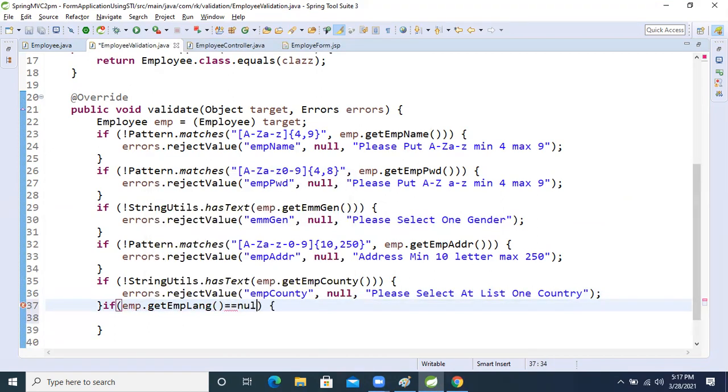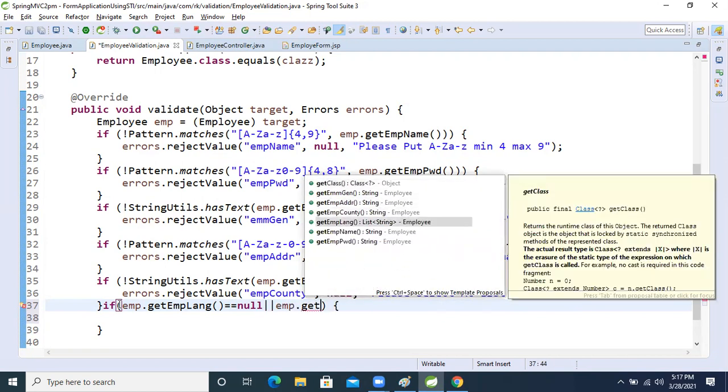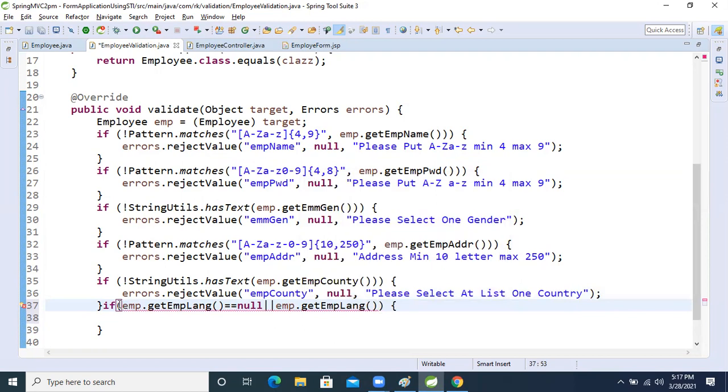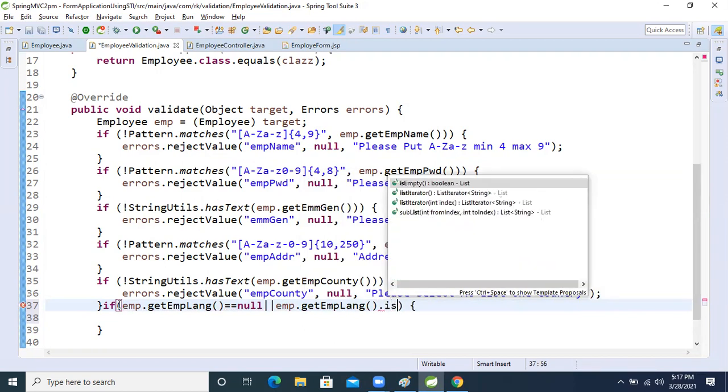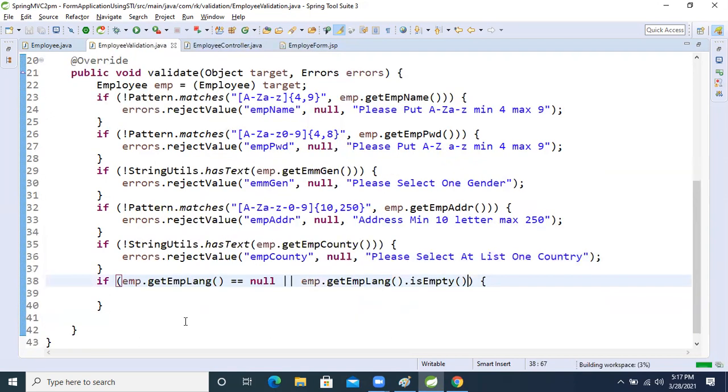Equal to null, or emp dot get language dot is empty, the method in the string class, we know that. If empty is there, if we are not selecting, then what will we do now? Error dot